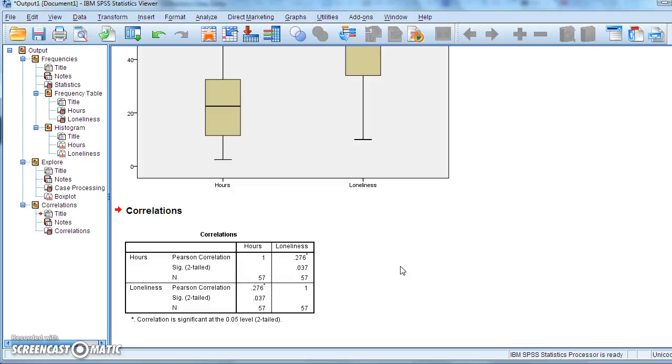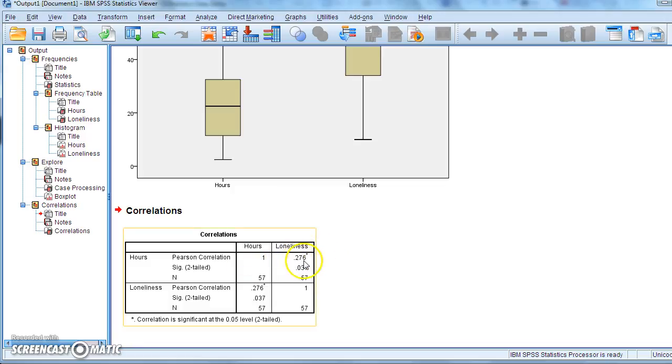Now, I've just immediately picked up on an error I've made there, because obviously what I was doing there was making a causal attribution. I said social media use leads to people becoming more lonely, from a correlation, and there's more information on the website about inferring causation from statistics. For correlation, you cannot make a judgment about whether it is the hours on social media that's causing the loneliness, or the loneliness that's causing people to use social media more, which is a perfectly reasonable idea, or maybe some underlying third variable is giving rise to both of them. So I've got to pick myself up on that, and remember, pick yourself up on it too. There is a significant relationship, but we don't know where that relationship comes from.